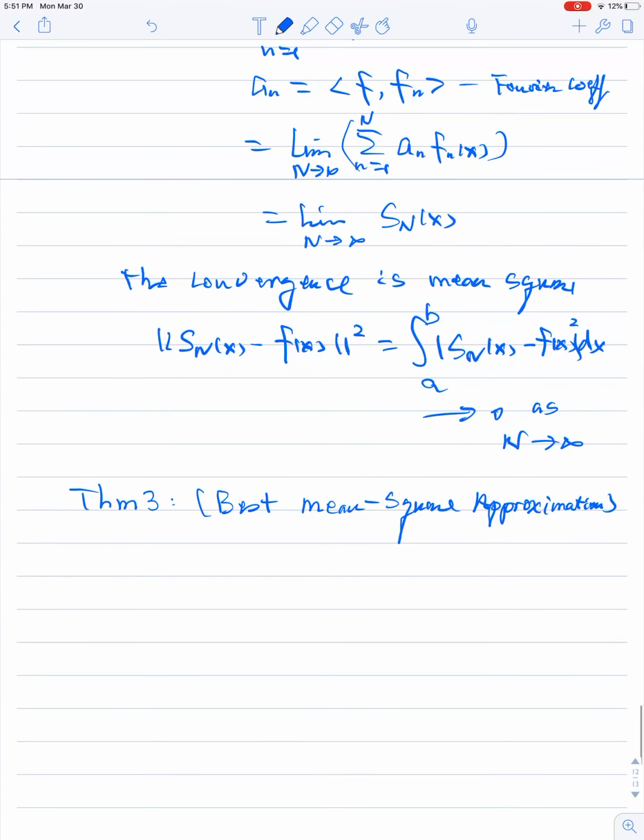Given an orthonormal system f_n, n from 1 to infinity,